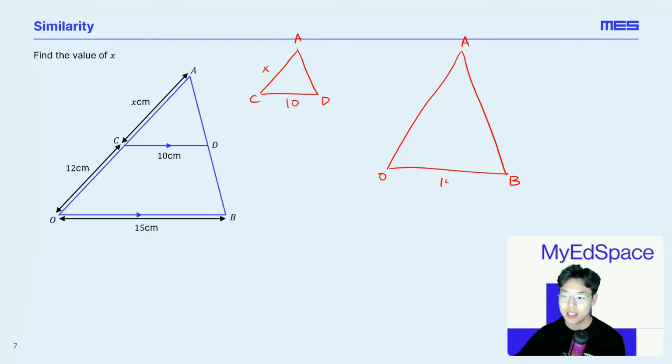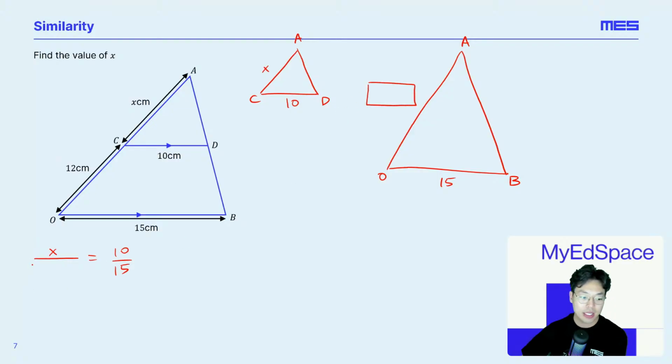So we have 15 here. Now, what would the length of AO be here? The length of AO. What would I put as the length of AO? Because right now, if I have that, then I know what proportion to set up. I can set up X is to whatever AO is to 10 is to 15. I just need to figure out what AO is and place it right here. What is AO? How would you write AO given how we solved the problem in the previous slide?